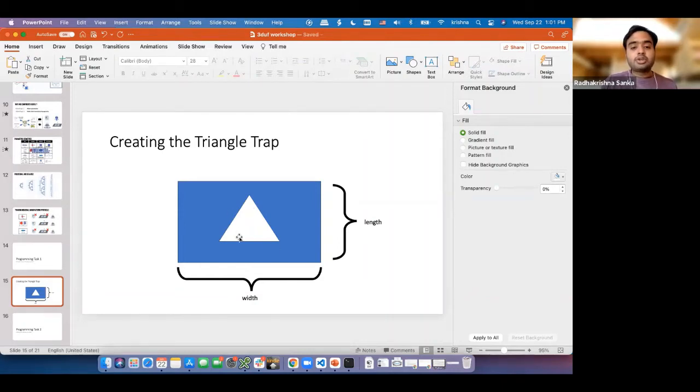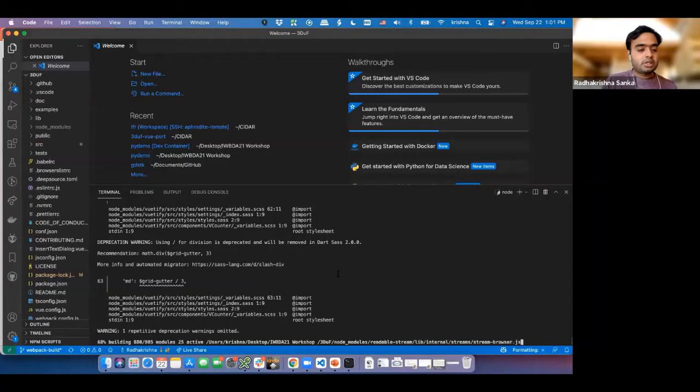Now I'm going to assume that the length and width of the hole is half the length and half the width, and it's at the center, so that it's simplified for everyone to make this design. And I'm going to show you how one can go about figuring out how to make the drawing code and how to add that new component into the 3DEF code base. Now, once this is done,